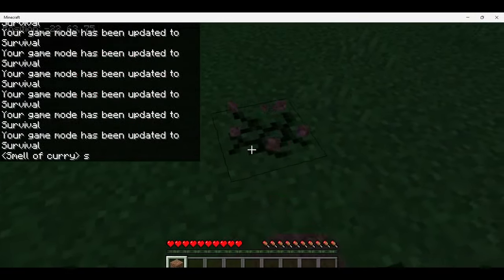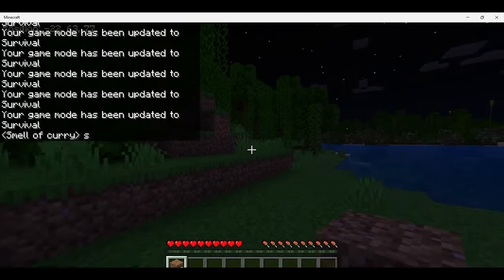There we go. So now it's not spamming our chat. But you can see I'm allowed to build in here. If I actually get an alt on here,